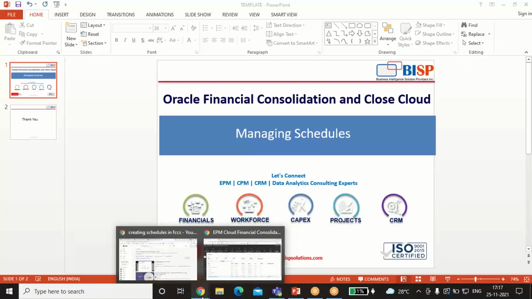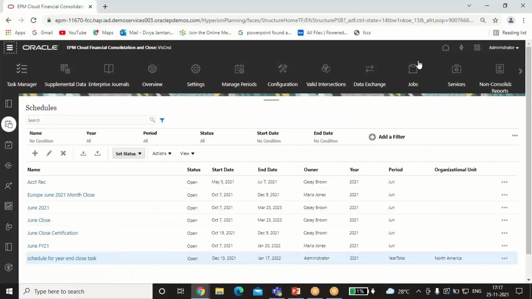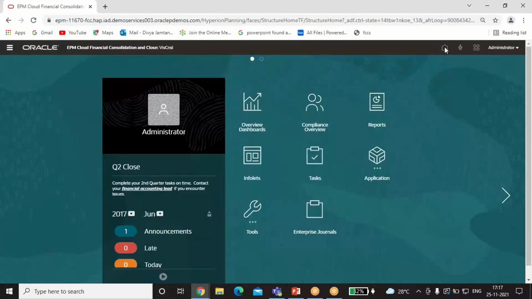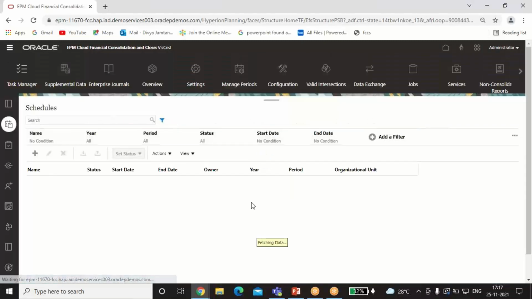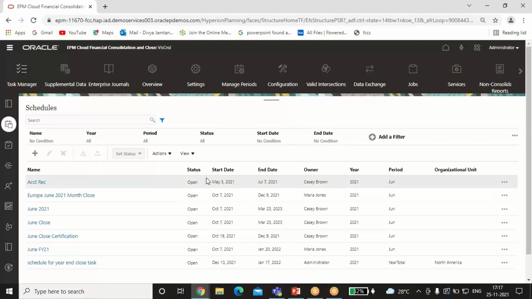So to create a schedule from a template, first open the Task Manager using the application card. Select the template and then select create schedule.